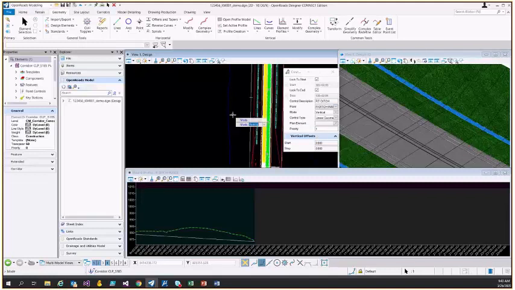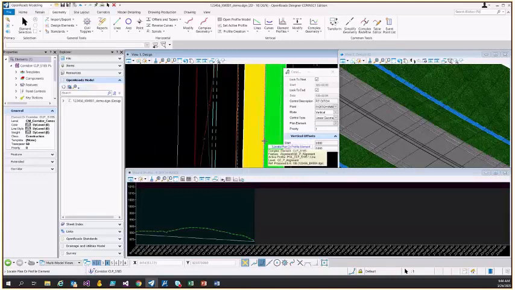Okay, so the mode. It's important that we understand what we're doing here. The mode is vertically. So we are going to vertically control this ditch line to our projected profile. That means that our horizontal or our slope constraint that we have on that is going to stick. That's important because we don't want our forced slope to not be honored. So don't do a mode of both or horizontal. It's not going to achieve what we want. So vertically, we'll do a linear geometry, and then we will